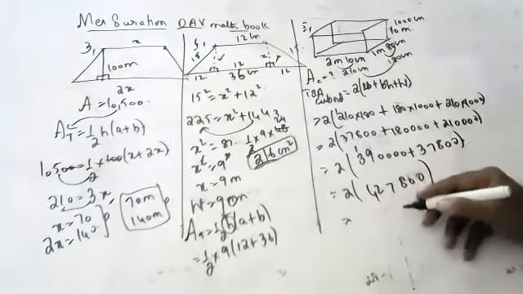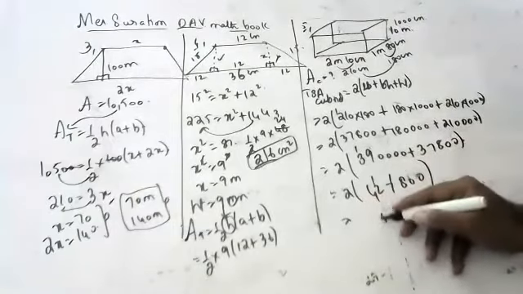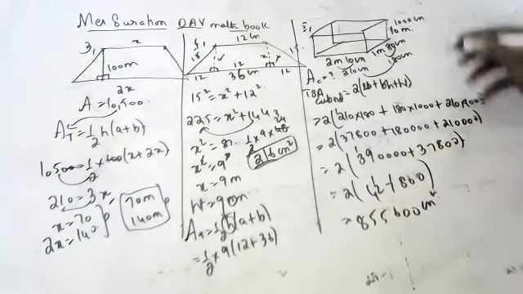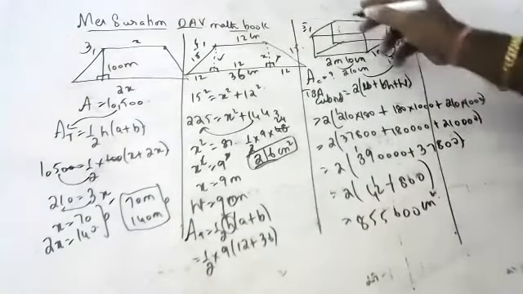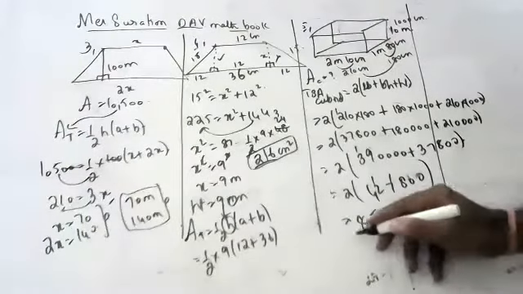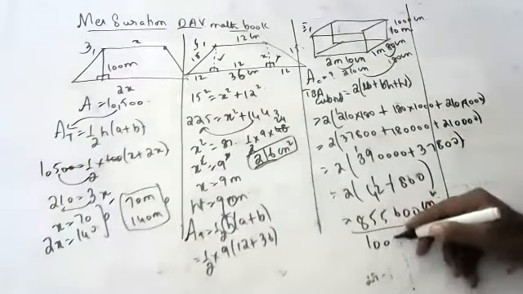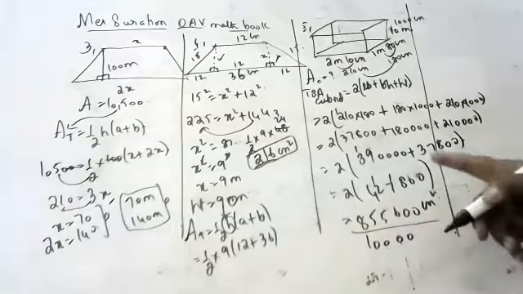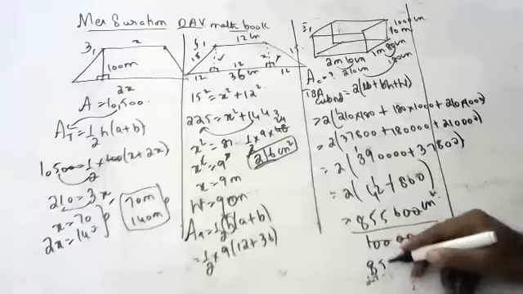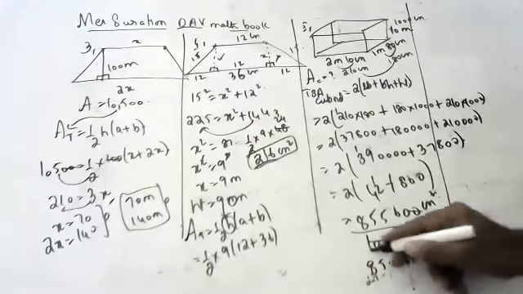800, 721, 42878. So that is 4, 8, 2, 8 is 62, so the 14, 15, 5, 4, 8, 0 centimeter square is the area of the cuboid. Means the canvas required to cover this cuboid is this much area. If you want, you can convert it to meter square also, children. Centimeter square to meter square is 100 into 100. This gone, this is gone. 85.56 meter square.